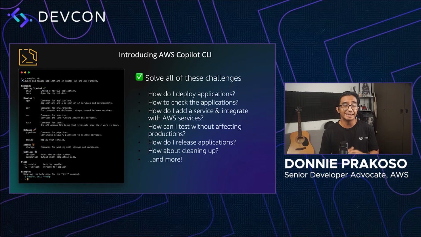AWS Copilot provides a simple declarative set of commands, including examples and guided experiences built in to help you deploy your apps quickly. When it comes to deploying and operating your applications with Copilot, Copilot automates each step in the deployment life cycle, including pushing to a container registry, creating a task definition, creating a cluster, down into the details of the operational logistics. And one of the advantages of using Copilot is that all AWS best practices are embedded into this tool, so you can have a scalable, reliable, and extensible application with less effort.